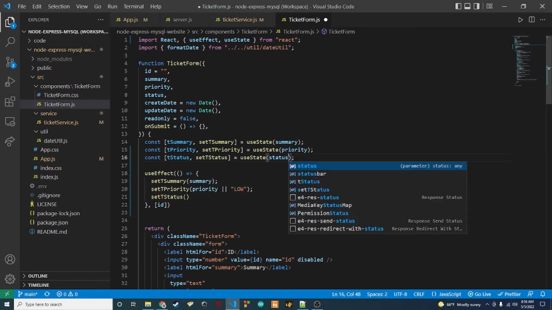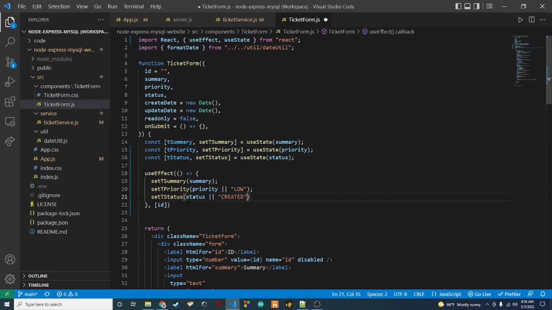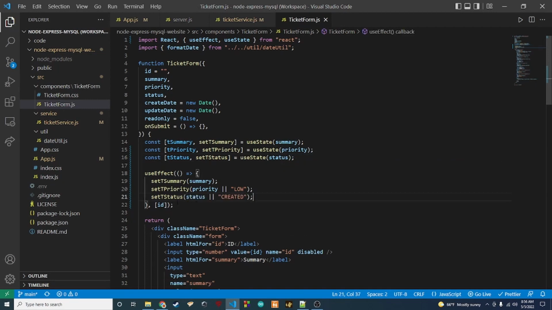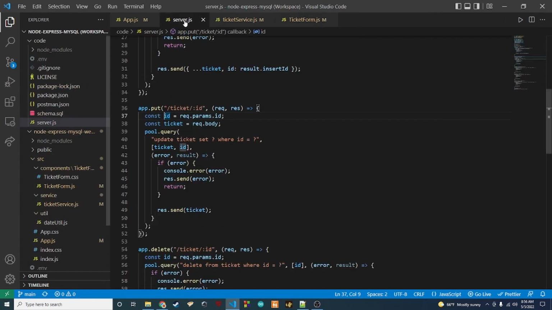And I'll drop that off, and then we drop that in there. All right, so now every time the ID changes, we will update these three values. So that's good there. And one last thing that we need to do is here in the server.js, in the